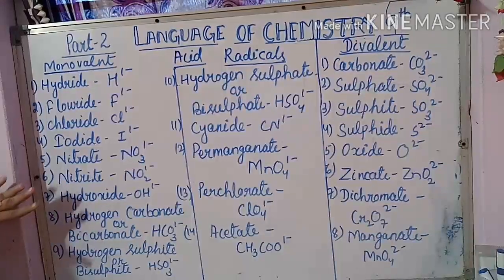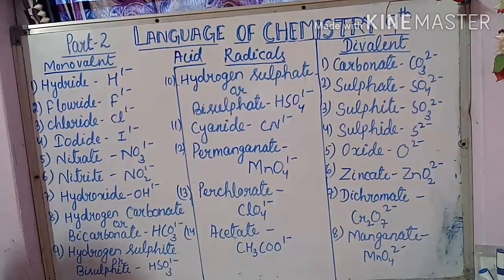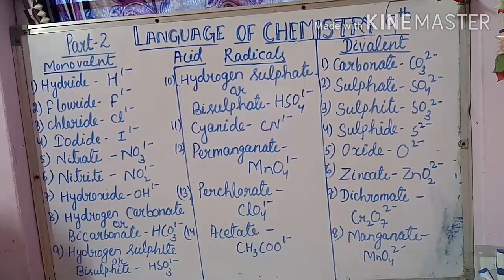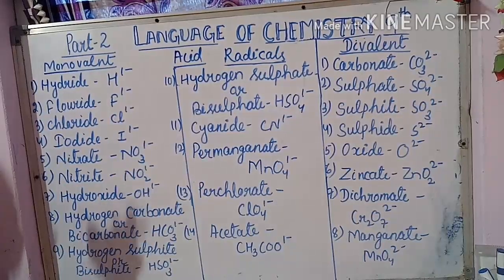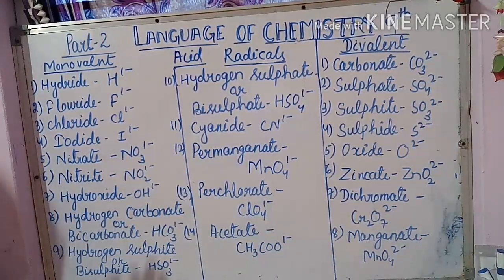Now children, you can see that I have written all the acid radicals also up to divalent, because in acid radicals there are more radicals which are in use. So these are the monovalent radicals. You have to learn by heart, as I told, note down in your notebook and learn by heart. And here I want to explain one thing. Remember children, it is a very, very small, silly mistake you children are making.